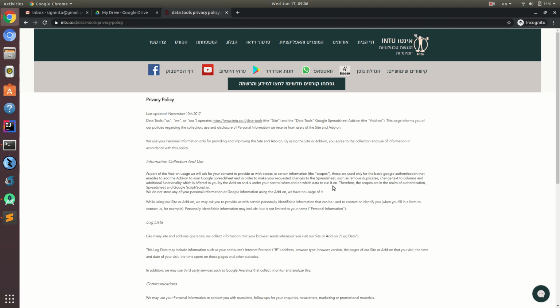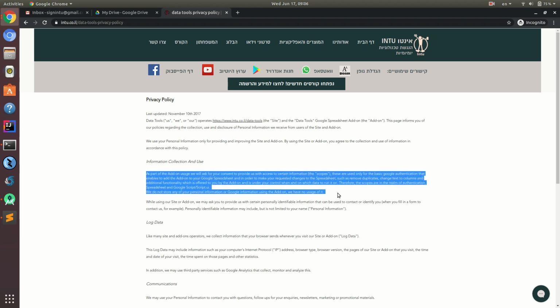And the second thing is to be able to manipulate the data in your spreadsheet according to the user's requests. So things like remove duplicates or text to columns, which requires running a script on your spreadsheet and showing a certain user interface, a script user interface, in order to enable you to choose how to do it. You can see all the details in the privacy policy and specifically in this paragraph. Now I'm going to move